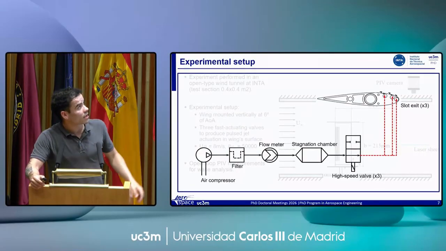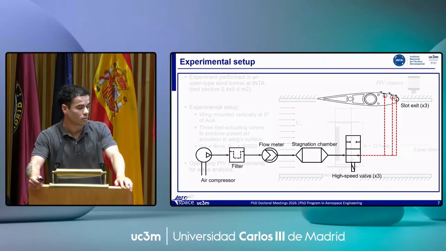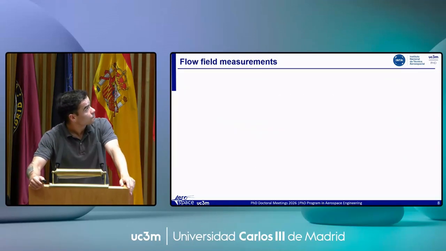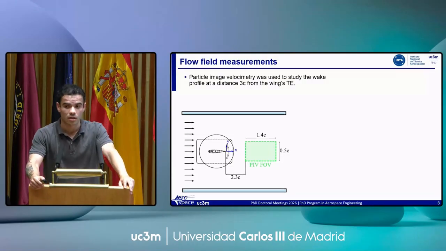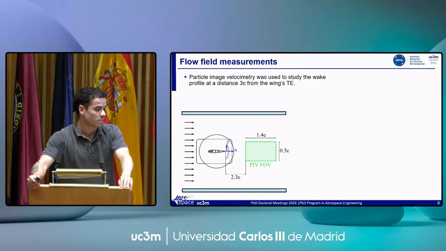Here you can see the pneumatic line feeding the valves. We are using 3 valves, and each of them is connected to its respective slot in the wing, as you can see here. In terms of the flow field measurements, as I have said before, the wake is evaluated using particle image velocimetry